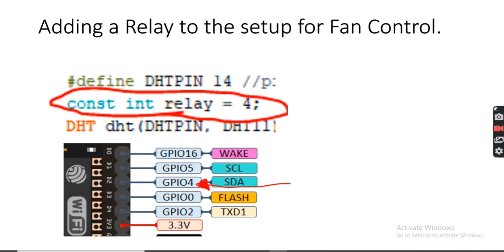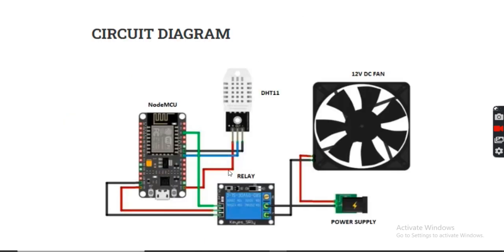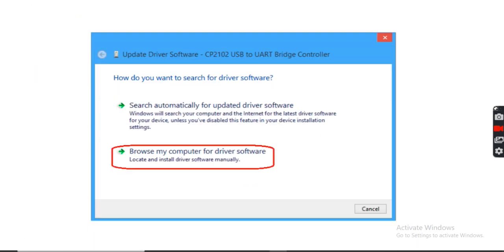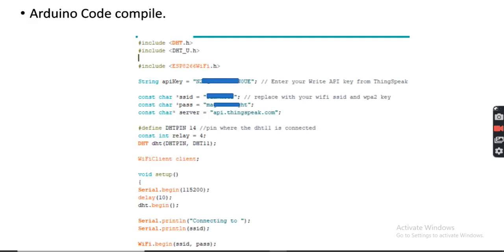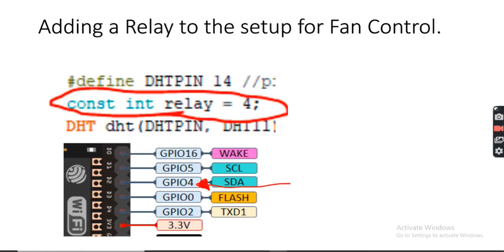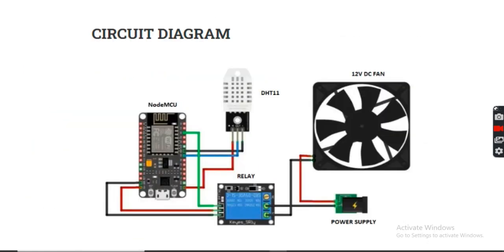The next thing that we want to do is control a fan with this. We have connected a relay to the pin number 4, to GPIO 4. As you can see in the diagram, we have connected a relay to the pin number 4. Whenever the temperature data, I don't know whether you will be able to see it or not. No problem. Okay. In the code you will be able to find out that we have given a